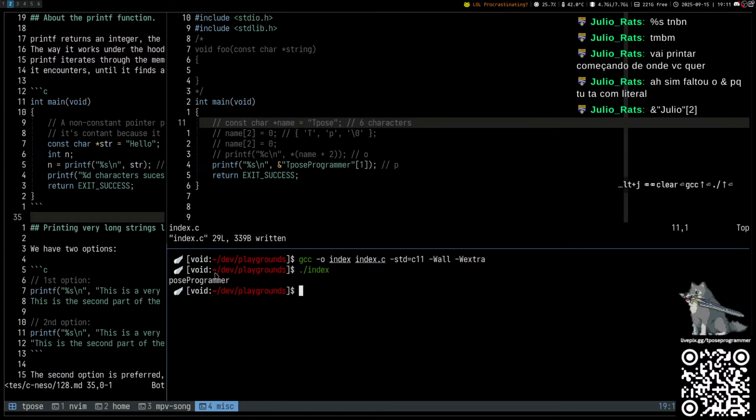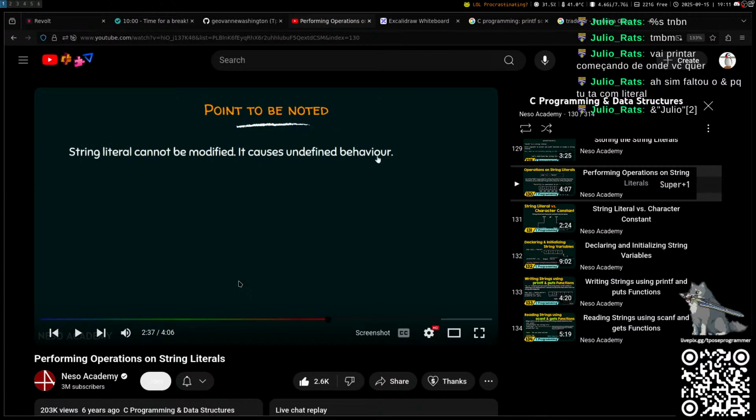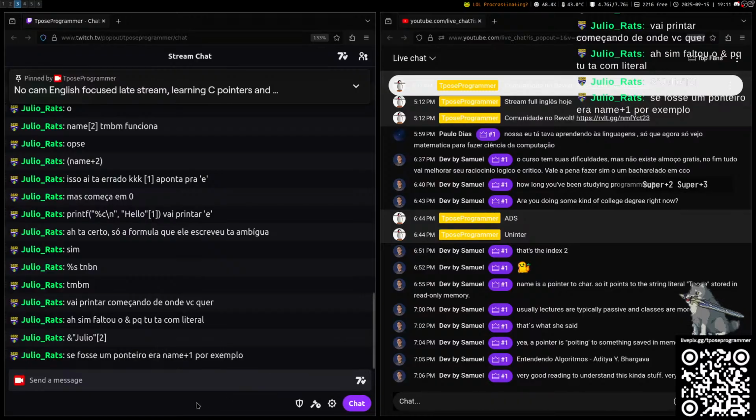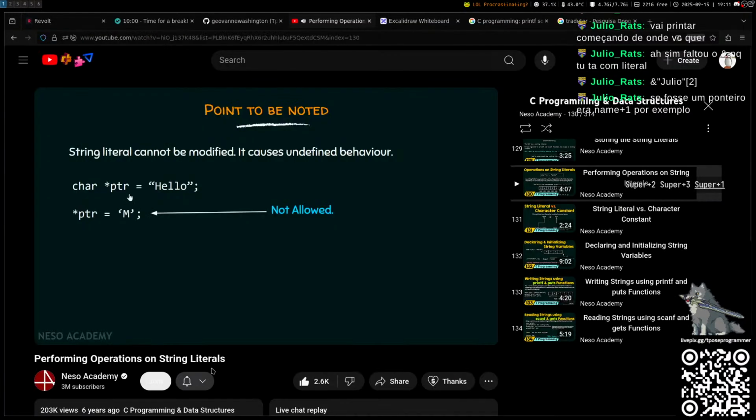Yeah, that's kind of cool. That's pretty cool. Wow. Okay. If we modify a string literal, then it definitely causes undefined behavior. Suppose we have a program in which something like this is written: char *ptr